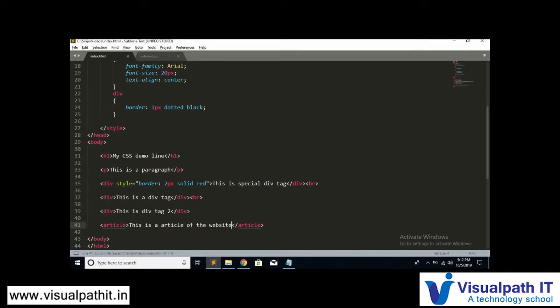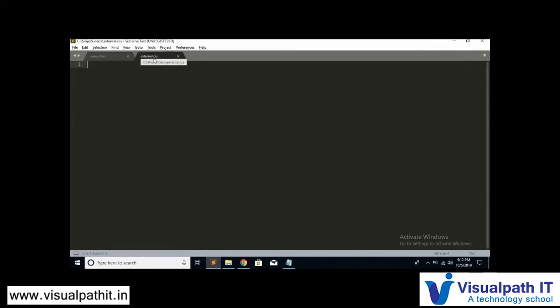Now I'm going to give some properties to this article tag in this external CSS file. So article. What should we give for this article?